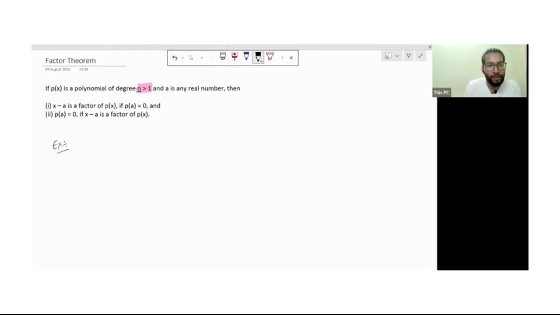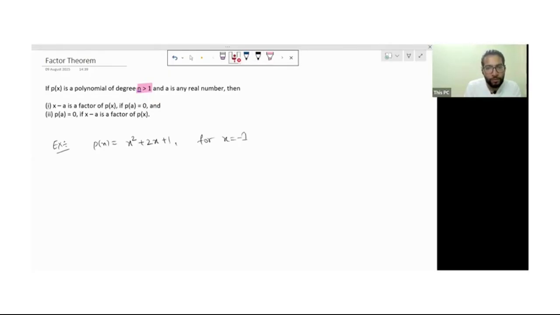Suppose we have a polynomial p(x), I am writing this one like x squared plus 2x plus 1. So factor theorem says that x minus a is a factor of p(x) only if p(a) is equal to 0. So if we have to check for x is equal to minus 1,